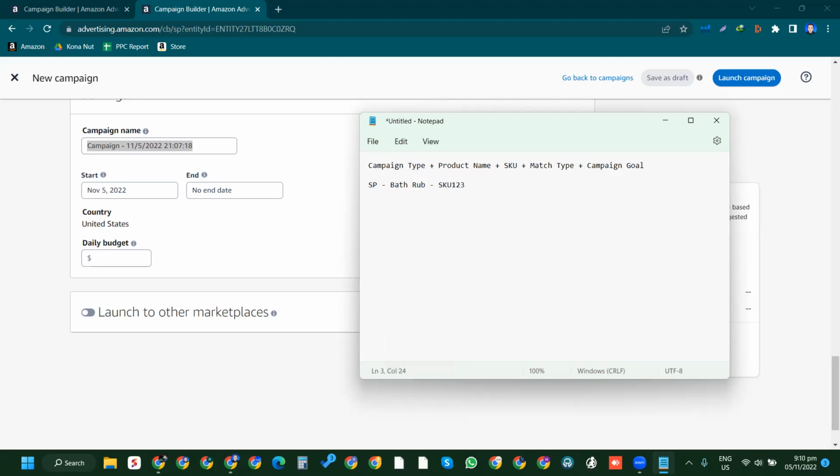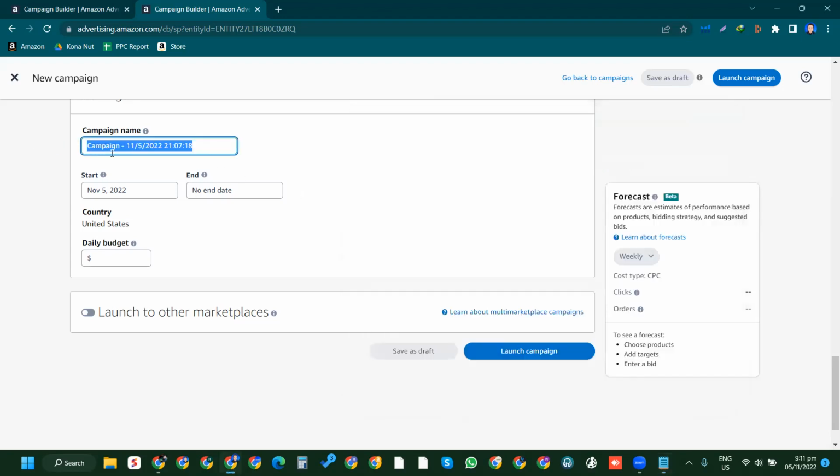Ayan, SKU 1, 2, 3. And then match type, like let us say this is an automatic campaign. The campaign goal is like, let us say this is for research. All right, so ganun lang. And then you can put that right here. So totally depend on how you structure your campaign name, na mas madali mo siyang maintindihan or mas madali